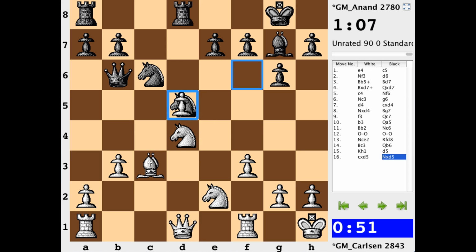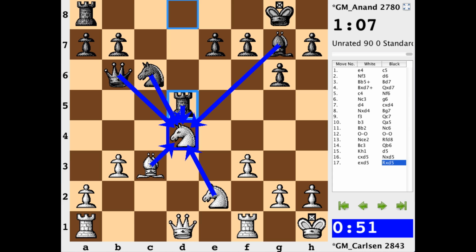and after, let's say, the recapture, we have rook takes, and now this knight is hit how many times? 1, 2, 3. It's hit 4 times. It's only defended 3, and you can't add a 4th defender. And even if you could, you're getting hit a 5th time or even a 6th time. This knight, however you slice it, is going down.